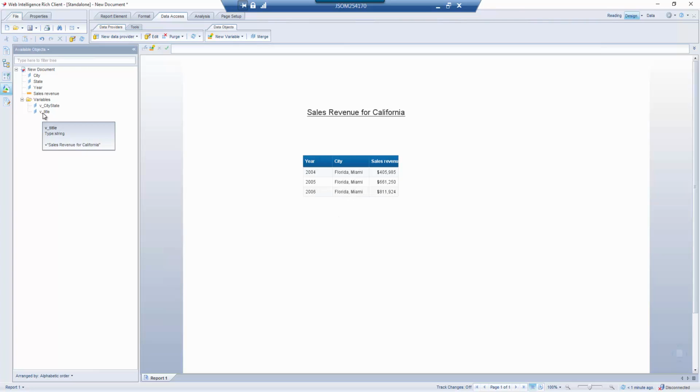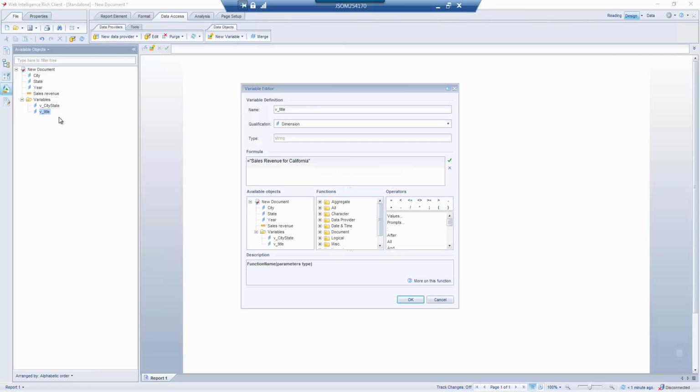So of course, this v underscore title needs to be modified. It is hard-coded. So what I'm going to do is remove the state name from here, because the first part is static. No matter which state I'm running it for, this part remains the same. So now I need to concatenate this with something that gives me the name of the state from the prompt. So there is a function